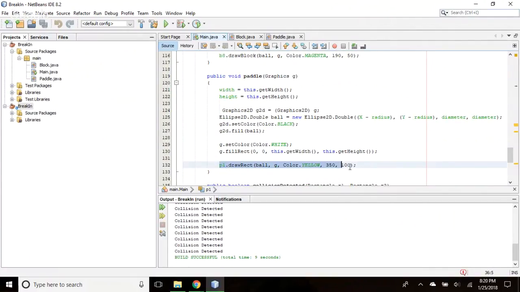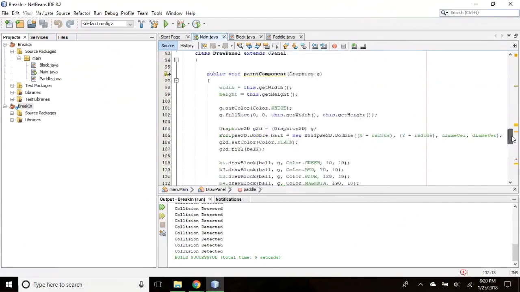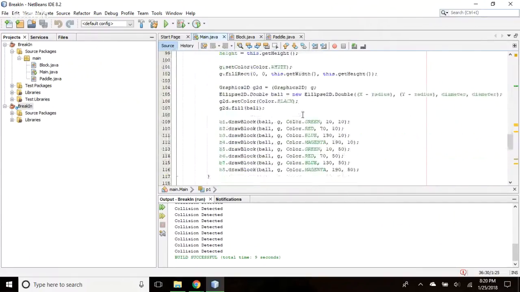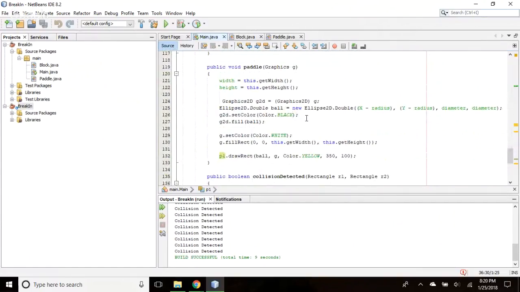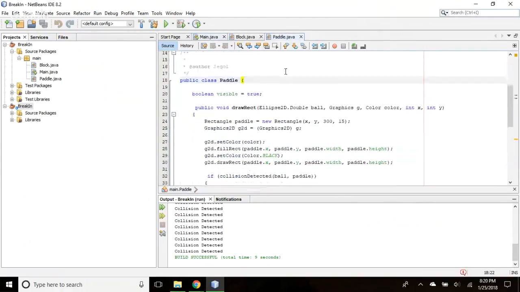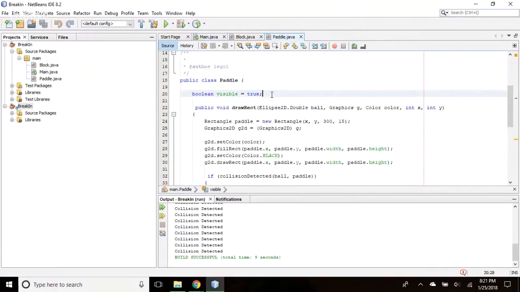Oh, yeah, you should define the paddle stuff on the inside of the paddle class. So I should put what was up there in this. So copy the paddle method, the method down in main. This method should live in the paddle class. Oh. Okay, so copy that whole method, and then Control C, and then open up paddle.java, and then right below the visible true, yeah, hit enter, and then paste.